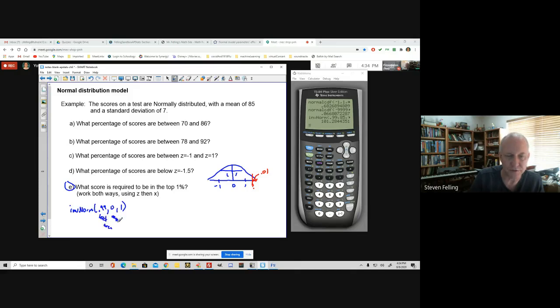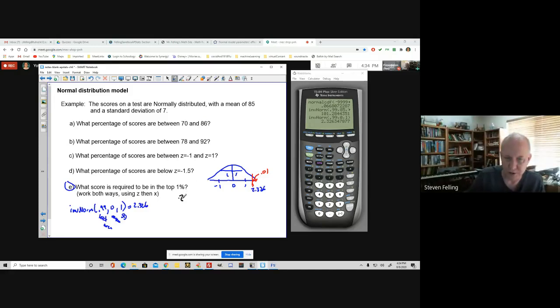So if I do that in the calculator and I use inverse norm, 99% to the left, but I switch to the z-score, 0 and 1 for the mean and standard deviation, then I'm going to get a z-score out as a result. So I'm going to get 2.326. So this boundary would be, we have to be 2.326 standard deviations above the mean. But that doesn't actually tell me a score. So then I'd have another step that I would have to do, which would be to use the